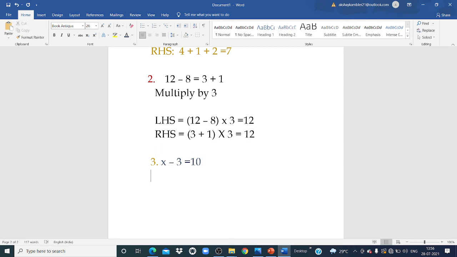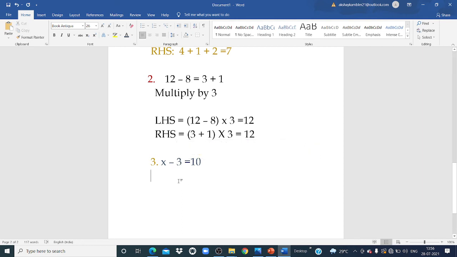What I told you: whenever there is a subtraction in the example, do the addition. Whenever there is addition, take subtraction. When there is subtraction, take addition. Now, by what number do we have to add? The number that we already have in that example on the side of the variable.